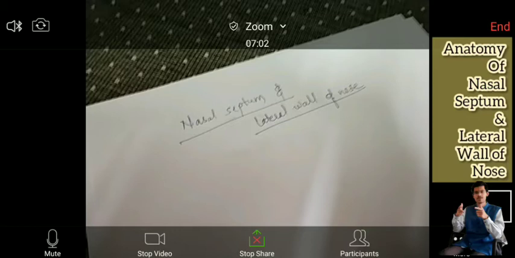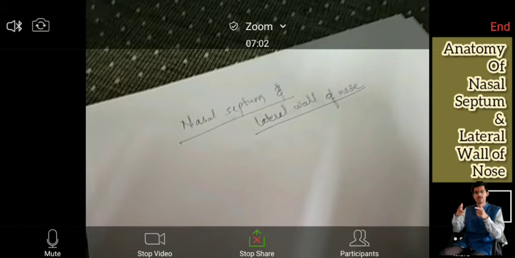Okay, so coming to the applied anatomy, we discussed the formation of the nasal septum, then we discussed blood supply, which includes arterial as well as venous drainage. We saw the nerve supply, and now we will see the applied anatomy very swiftly. So Little's area is where all these vessels form the plexus, which is called Kiesselbach's plexus. This is the arterial plexus. Sphenopalatine artery is the main artery. It contributes a lot to the blood supply here.